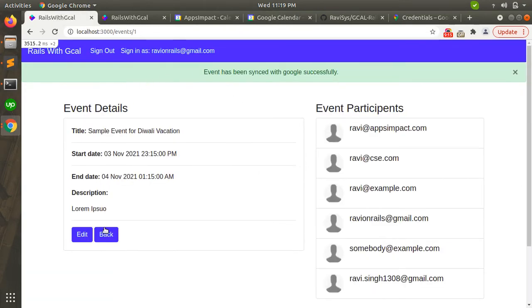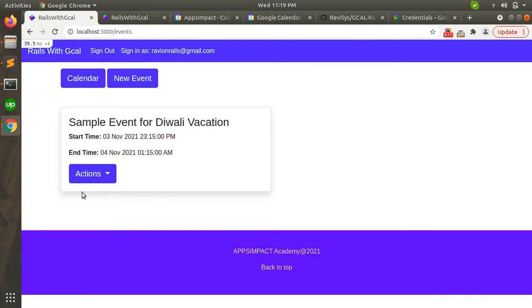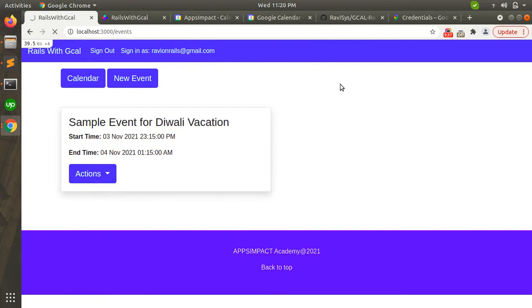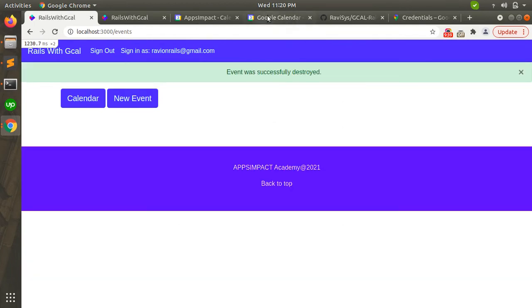Now what we need to check is what happens if we delete. We have seen editing events on both local and Google. We have also seen creating events on both local and Google. Now delete this event. If you delete this event, then it will also destroy the event from Google Calendar as well.